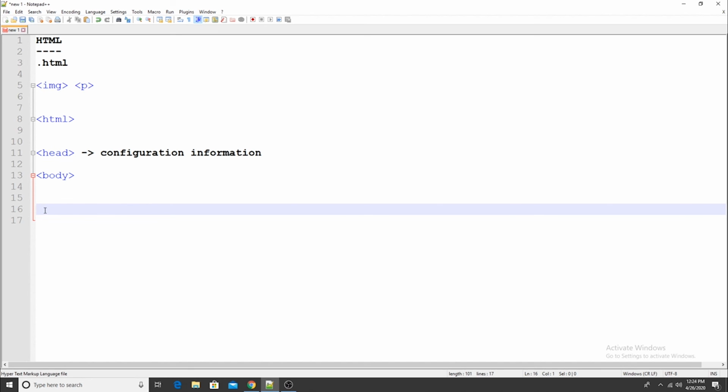So far, what we learned is what HTML is, and the second thing is that the browser understands a single language, which is nothing but HTML. And the HTML structure consists of two main tags. The two major tags are head and body. The head consists of configuration related code, whereas the body consists of the elements that are to be displayed on the web page.